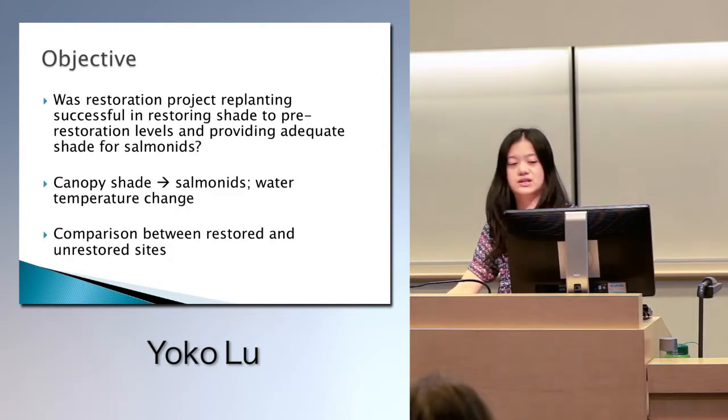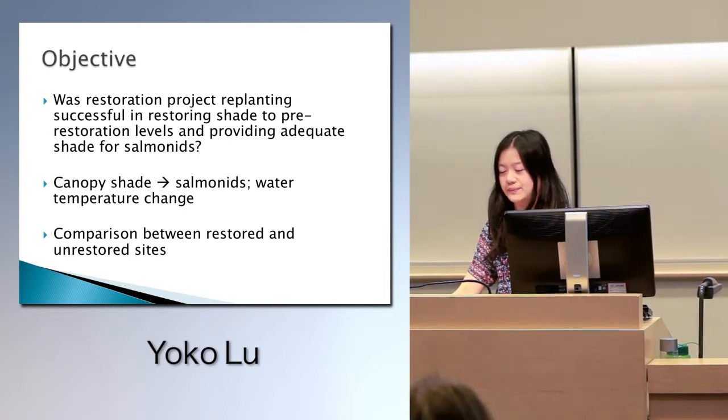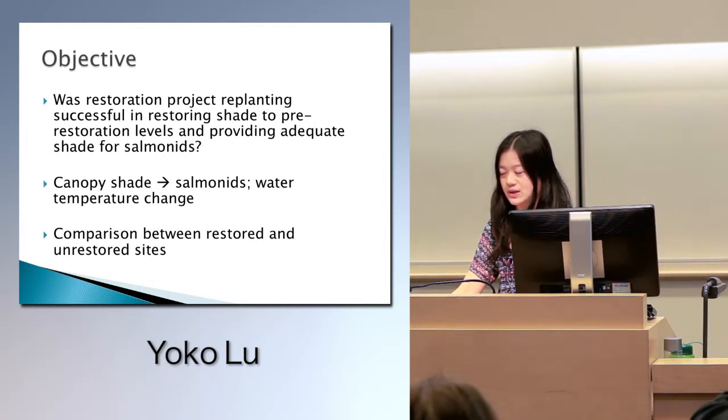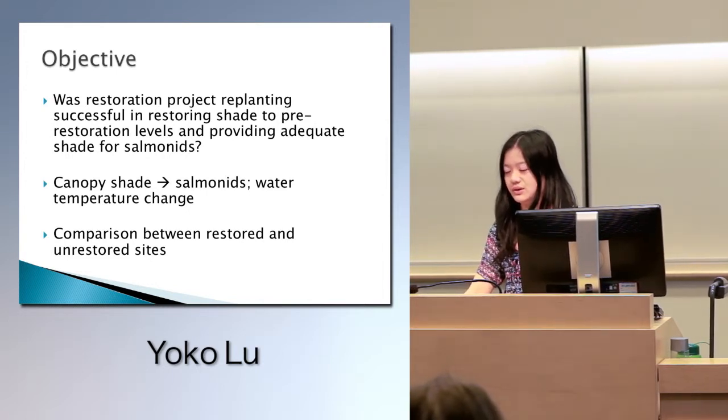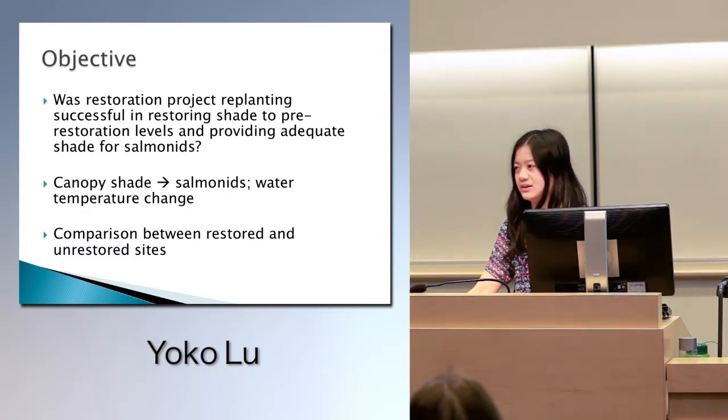So the objective for our paper or topic was to see if the salmonids can be protected by the stream, the water temperature, and the vegetation shade cover, so the salmonids can have places to hide from predators and places to stay protected from various